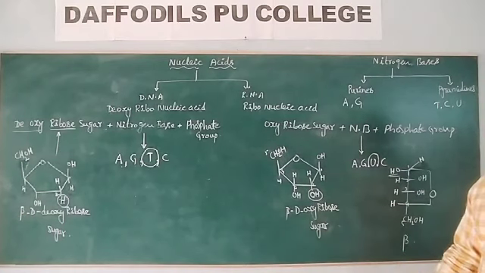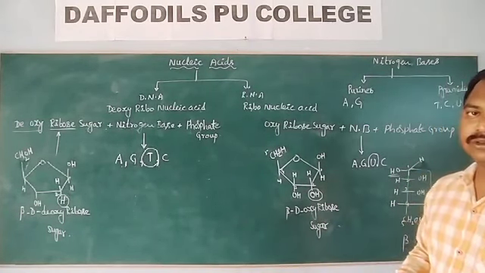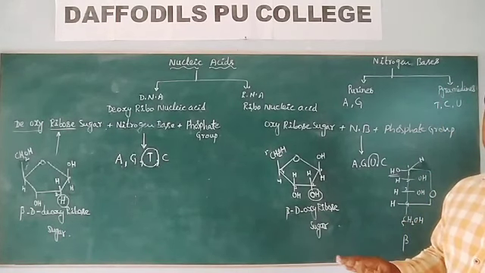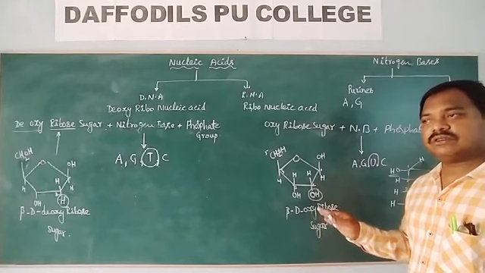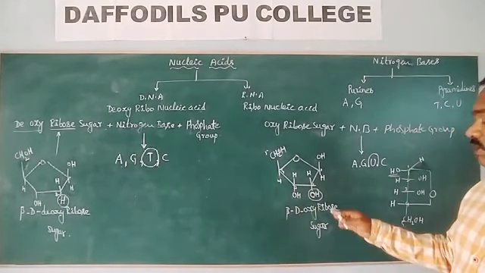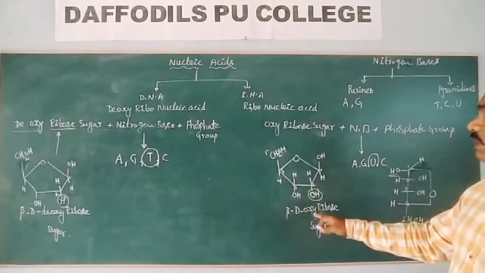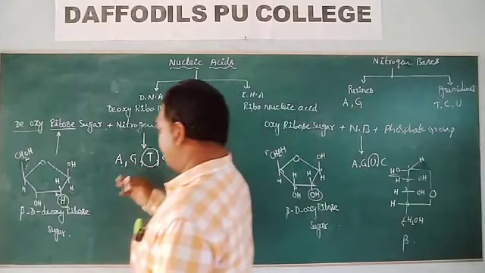So this is a carbohydrate. This is a sugar like glucose. Sugar is nothing but carbohydrate. Glucose is a carbohydrate, glucose is sugar. This ribose also is a carbohydrate. Ribose is a sugar. So this ribose contains 5 carbons.